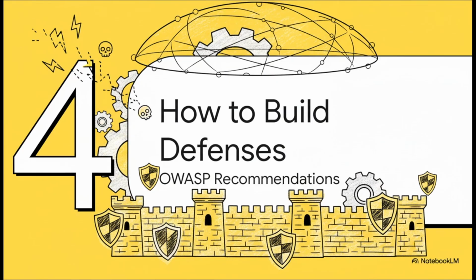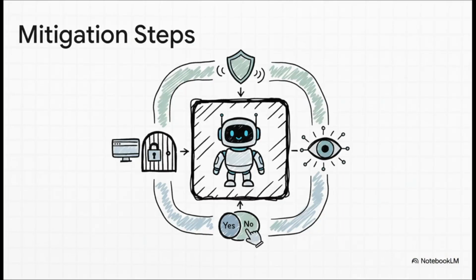Okay, so that's the problem. And yeah, it's a serious one, but it's not hopeless. So let's shift gears and talk about what we can actually do about it. Let's look at how to build up our defenses. The recommendations from OWASP are really all about putting smart guardrails in place. First, and this is a big one, never let an AI automatically execute code it just finds somewhere. Second, always require explicit human approval for any sensitive commands. A simple yes or no prompt can literally prevent a disaster. And third, run everything in isolated sandboxes. That way, if malicious code does run, the damage is contained.